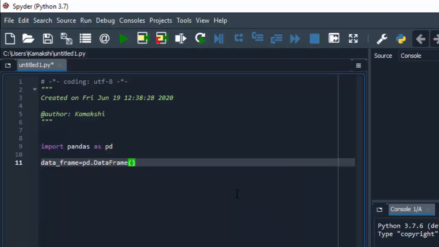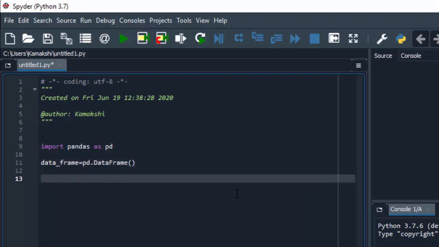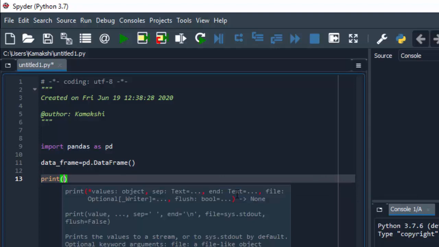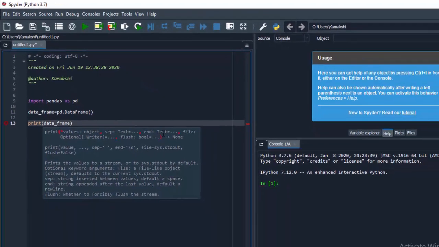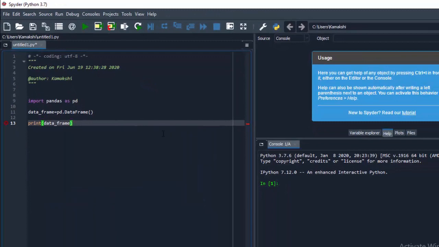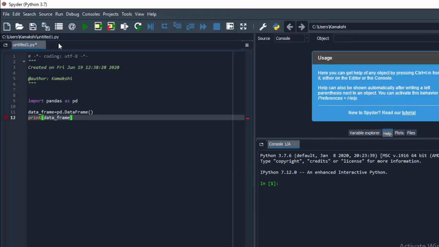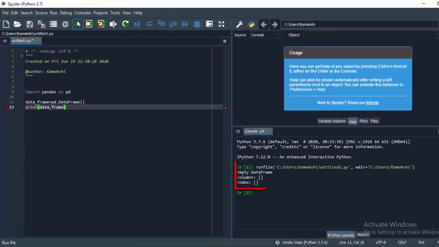Now you can see the resultant output by printing this data frame by using print, and in brackets I'll pass the variable which I have given, that is data_frame. Alright, now I'll save this file. You can save it in any location of your choice. Now if you want to check the output, you can run this file by clicking on this button. Here it is showing the output as an empty data frame.